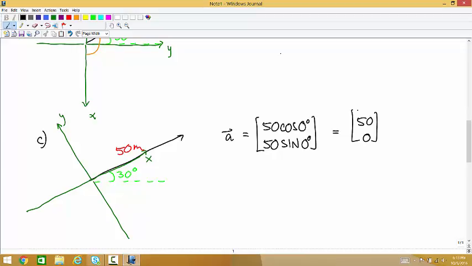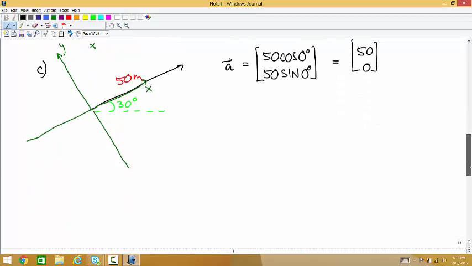If we had it lined up so the negative x-axis was lined up with the vector, it would be negative 50, 0. So you can just always think about calculating those vector components as being the same thing as calculating the coordinates of the vector's head. Okay? That's a nice way to think about it anytime the axis is lined up with the vector. Like, for example,